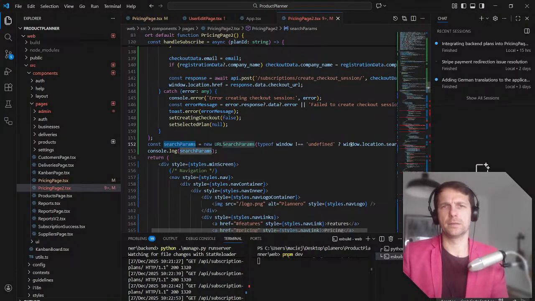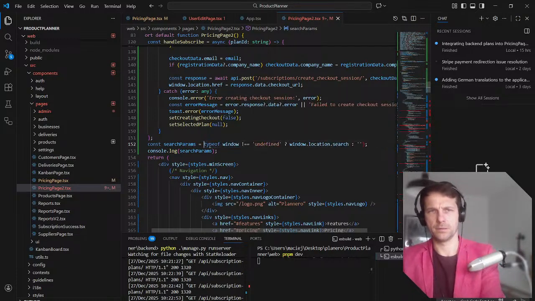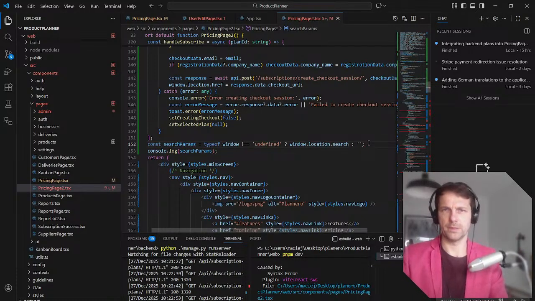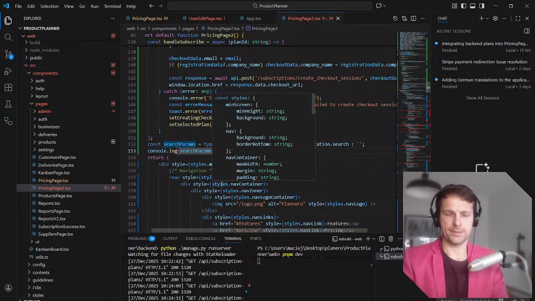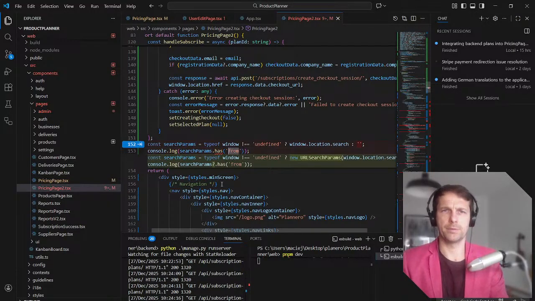So actually, window location search, and then I can search for URL. So not for URL. Let's see if it has, not from, but type.